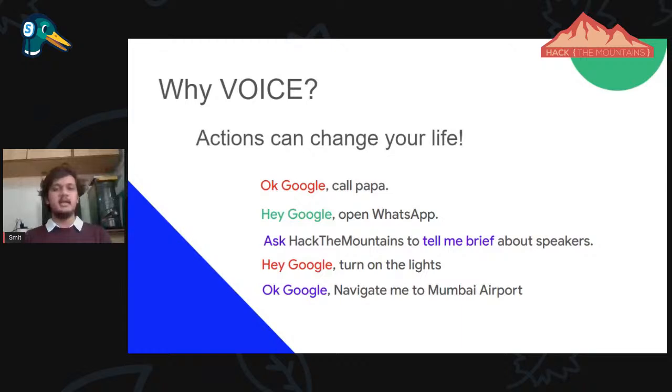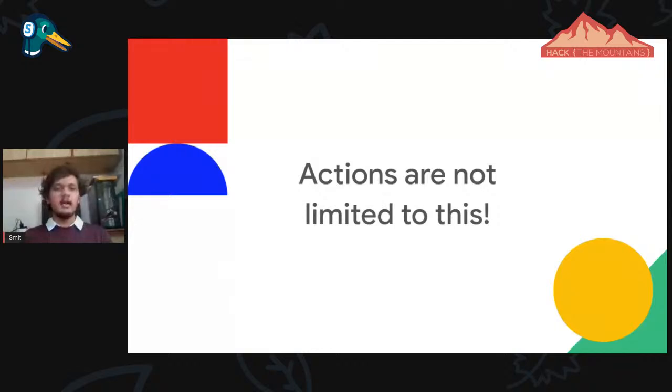For example, you can say, Siri, play You and I by One Direction. Hey Google, open WhatsApp. Suppose you are driving a car and you need food, you can simply say, "Hey Google, navigate to the nearest restaurant," without a single touch. Voice assistants can even be embedded in a website as well. You can grab the attendance from the audience or visitors as well. But actions are not only for opening the WhatsApp application or something like that.